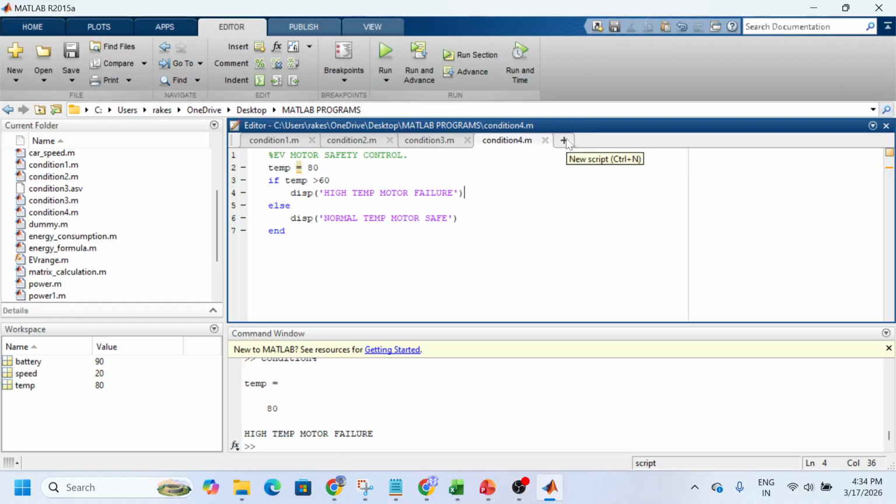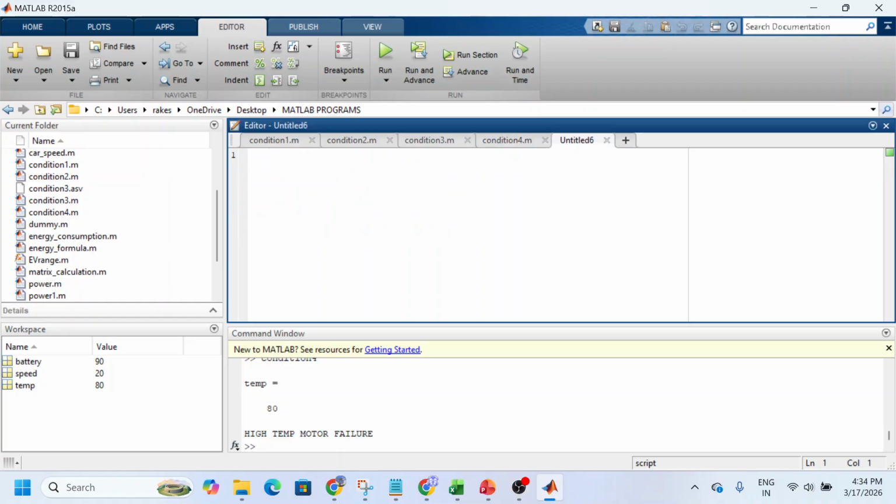So whether you have connected the electric vehicle to the charging or not. For that we will check whether it is true or false. There will be no values there. We will check whether the charging is connected or not. For that, first you need to take the variable called charging. Charging is equal to, let us say, initially it will be in the charging state. So we will check the condition, if charging